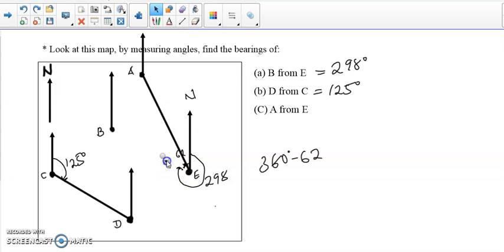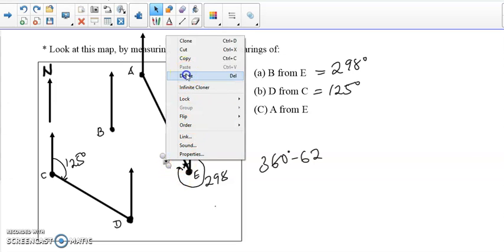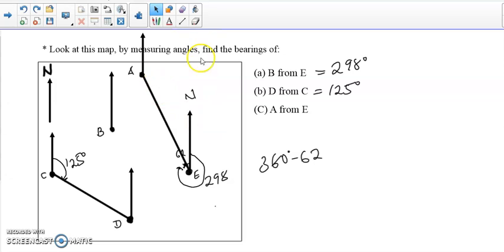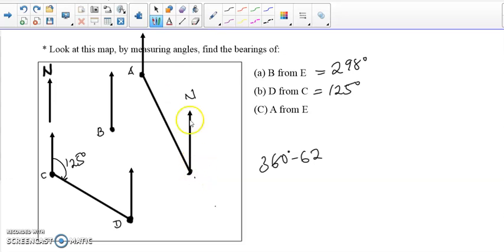Okay, wipe away this. Okay, that's fine. So the bearing of A from E, I'm going to check from the north pole